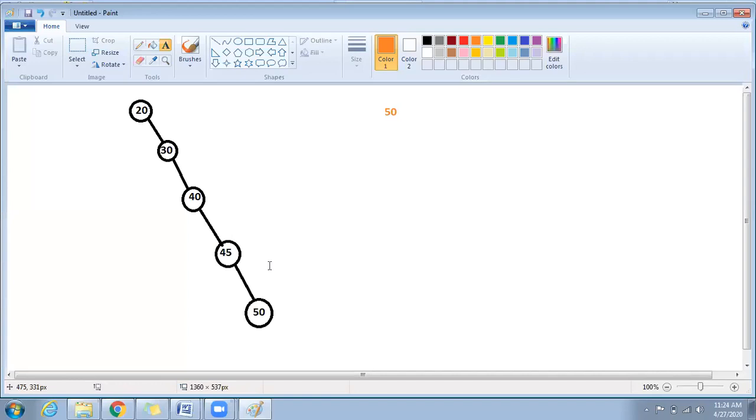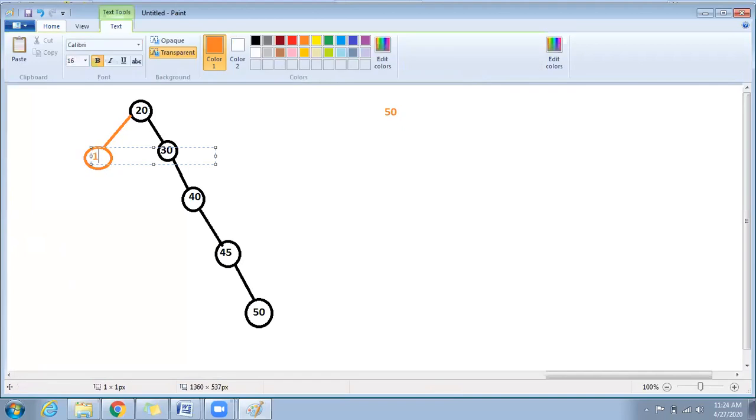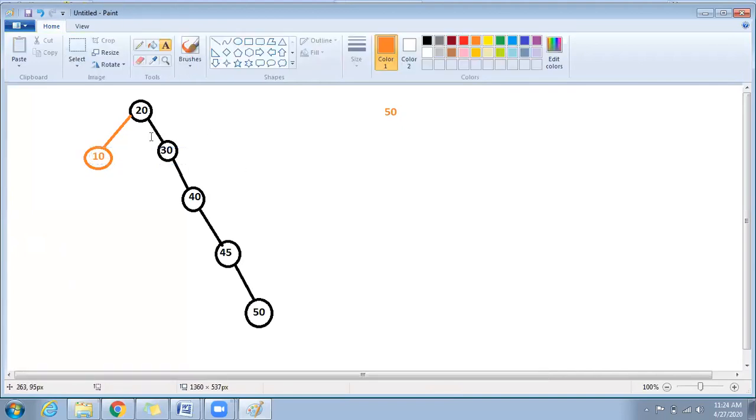In this kind of situation we call it a skewed pattern, where only one side keeps increasing while the other side of the tree is not growing. For example, I may have only a few data on the left side and more data on the right side. That is where one side of the tree keeps growing and the other side is not growing as much.